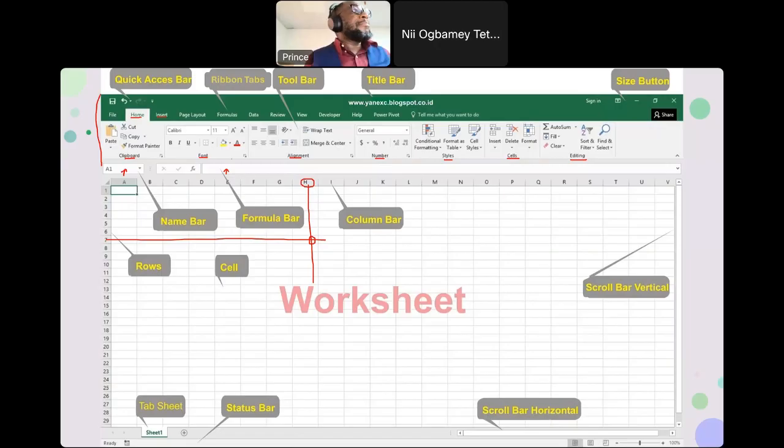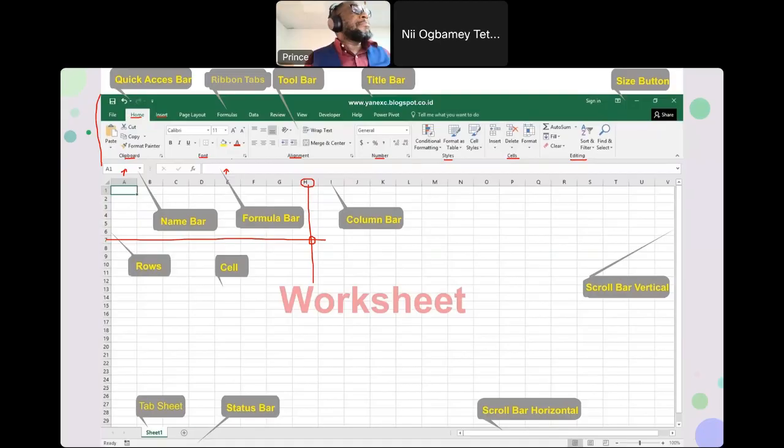Then after knowing the purpose, what kind of information do I need to include in my sheets? What headings? How am I going to position my headings? Am I going to use the columns as the headings? Am I going to use the rows as the headings? You need to have that structure in mind before you open Excel. Otherwise, you open Excel and you'll be found wanting. You need to know why you are going to Excel and what you are going to do there.